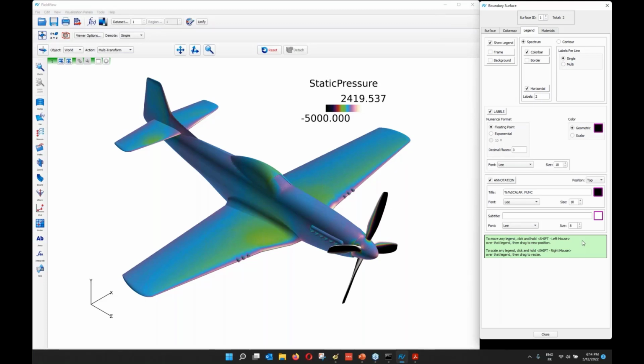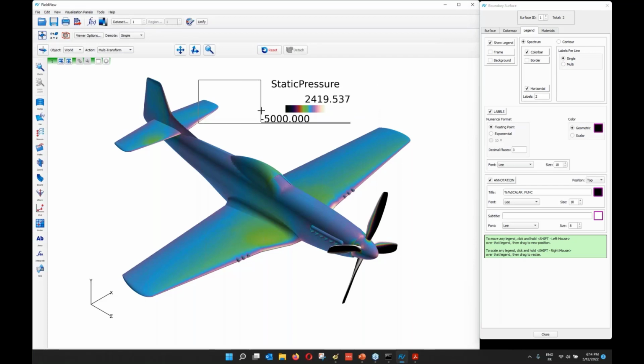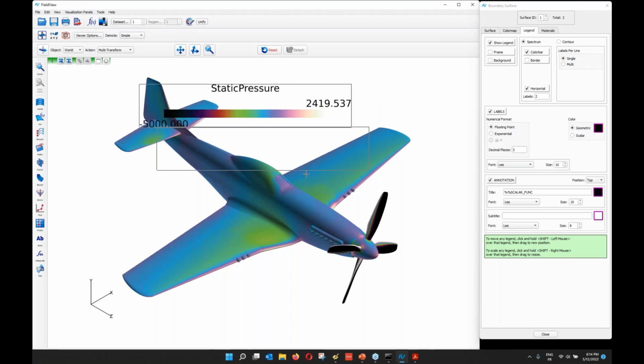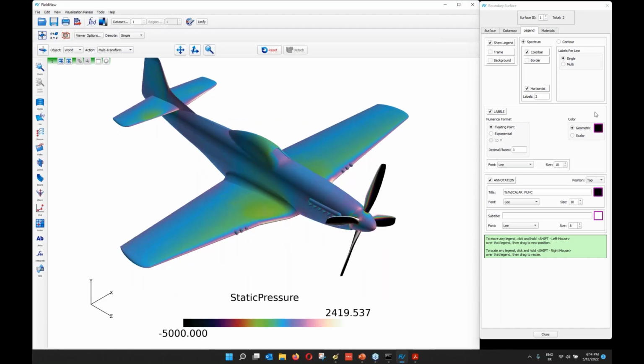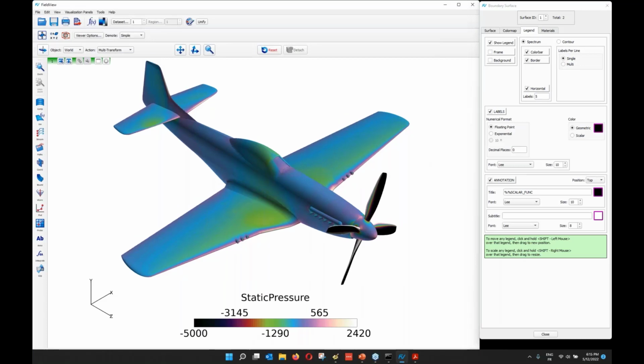This green box over here is text only, right? It's telling me how to control the legend. It says shift left mouse for moving around and shift right mouse for resizing. So we'll make it bigger, put it at the bottom. I also want to adjust the number of decimal places. I have a few labels. You can see that you have full controls over what your legend will look like. Okay, so after just a few minutes, we are down here